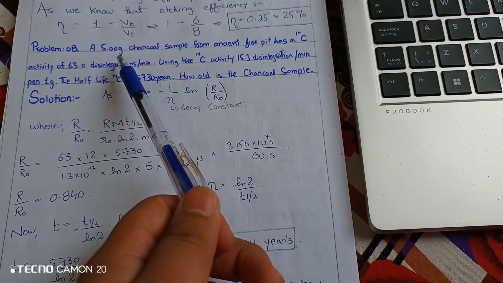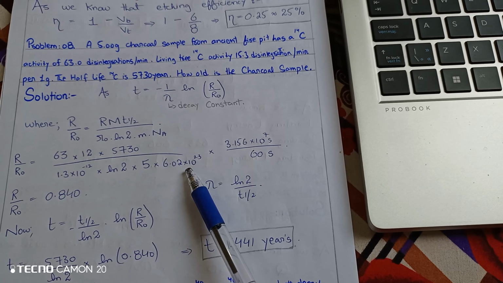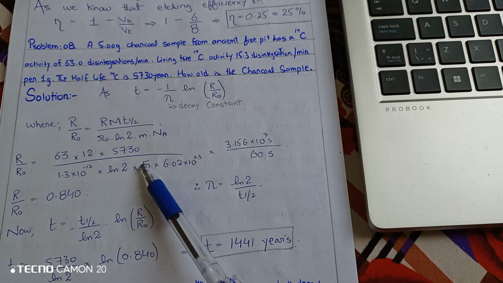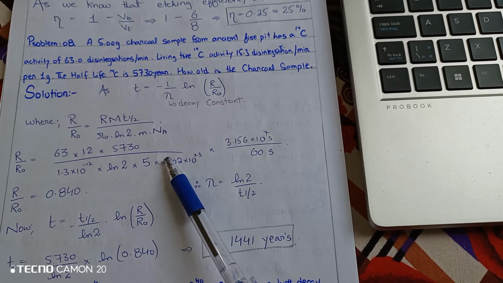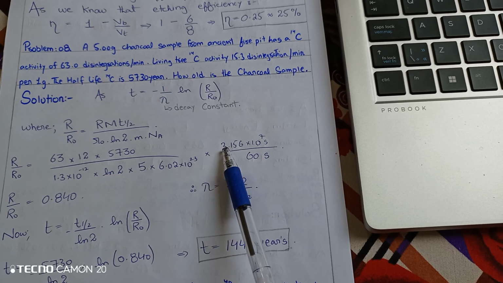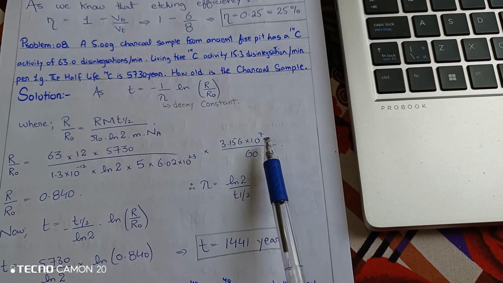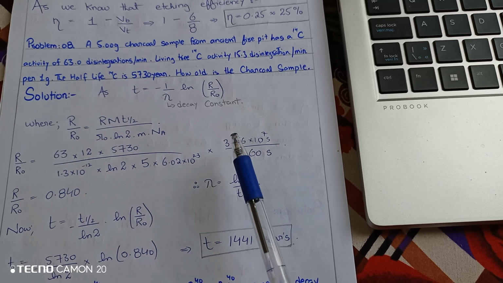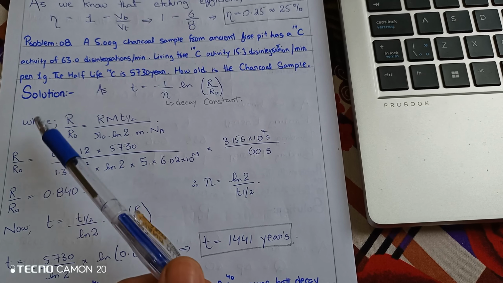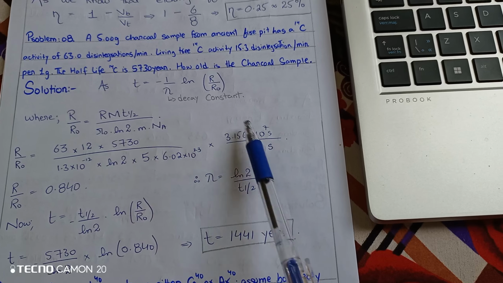Mass in gram is given, 5 grams. Multiply by 6.02 times 10 to the 23, which is Avogadro's number. Because r by r naught is in years per minute, you have to convert years into seconds and minutes into seconds. One year is 3.15 times 10 to the 7 seconds, and 1 minute has 60 seconds. After the conversion, r by r naught becomes unitless, because it is the same ratio. After calculating, you will get